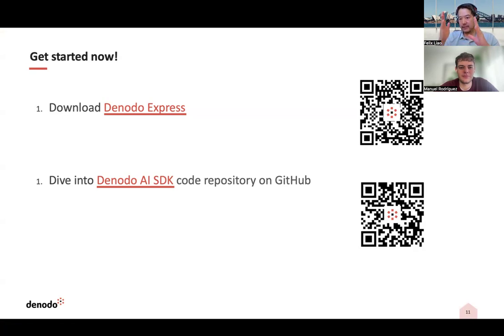So there's the first part: the QR code on the right hand side will take you to the Denodo Express download website. Denodo Express is a completely free version of Denodo that you can spin up and connect to your existing data sources. It also has the SDK included in the download, so you don't even need a separate download. So it's very, very easy and quick for anyone to get Denodo, deploy it, connect to data sources, and deploy the SDK. Play with your data, talk to your data, and see what kind of use cases you can cover off. We think it's a pretty powerful solution in terms of how easy it is to deploy these types of applications. So that's Denodo Express.